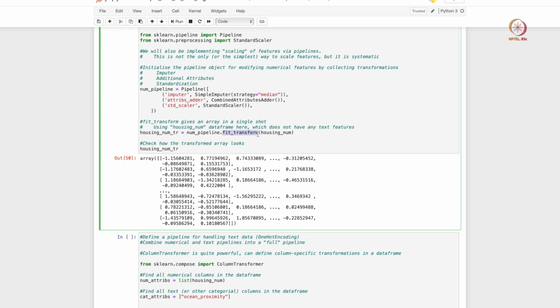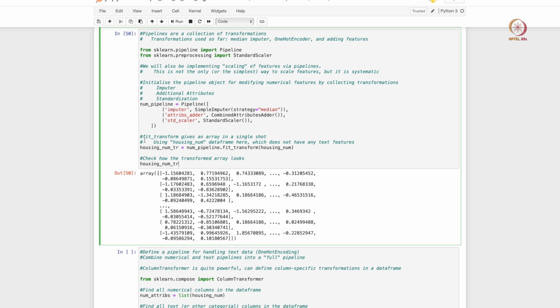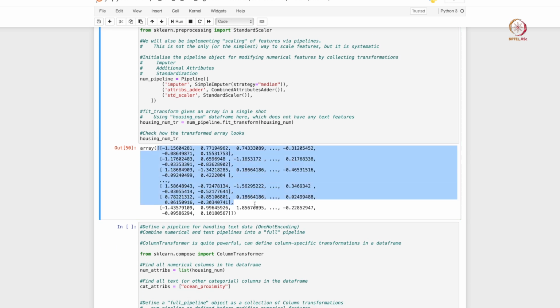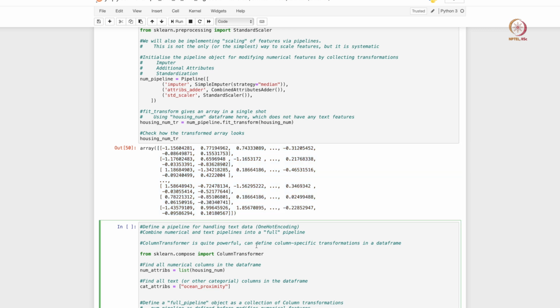If you want to get back the data frame, you have to reinitialize the data frame, but it does give you the transformed data set in the form of an array. We have already executed this cell, and you see that you have this transformed data set now available here. We only did imputing, attribute addition and scaling; we have not done the one-hot encoding.